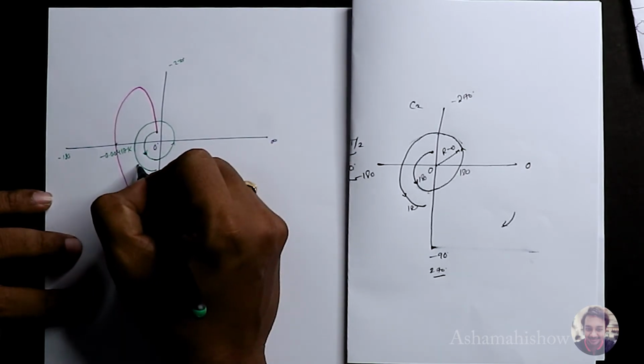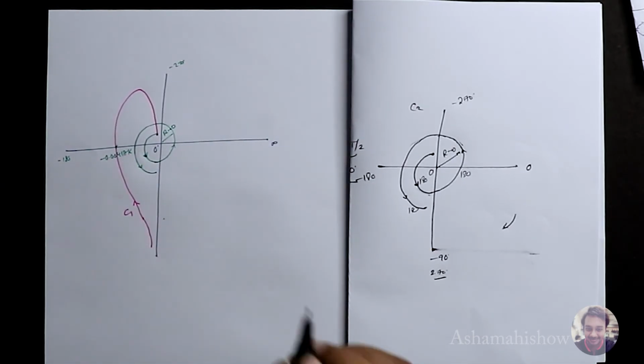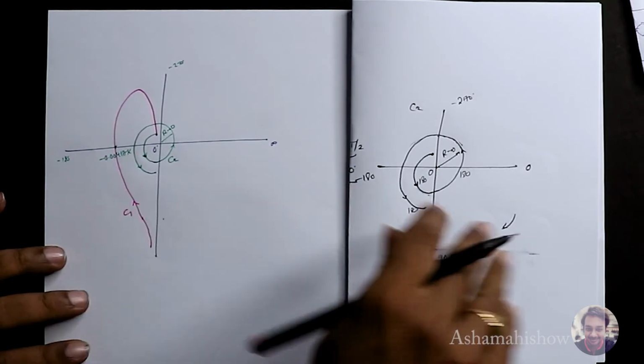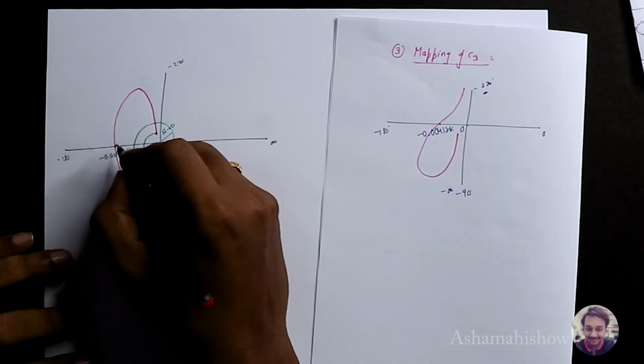This is moving here with radius tending to 0, magnitude is tending to 0. So this is C3. Okay, now this is C2, right? C2 is the arc what we got. Now go for C3. So what is C3? It's just a mirror image. I'll take this paper out and I'll show you what is C3. See C3, it's just a mirror image of C1 and it should cut.